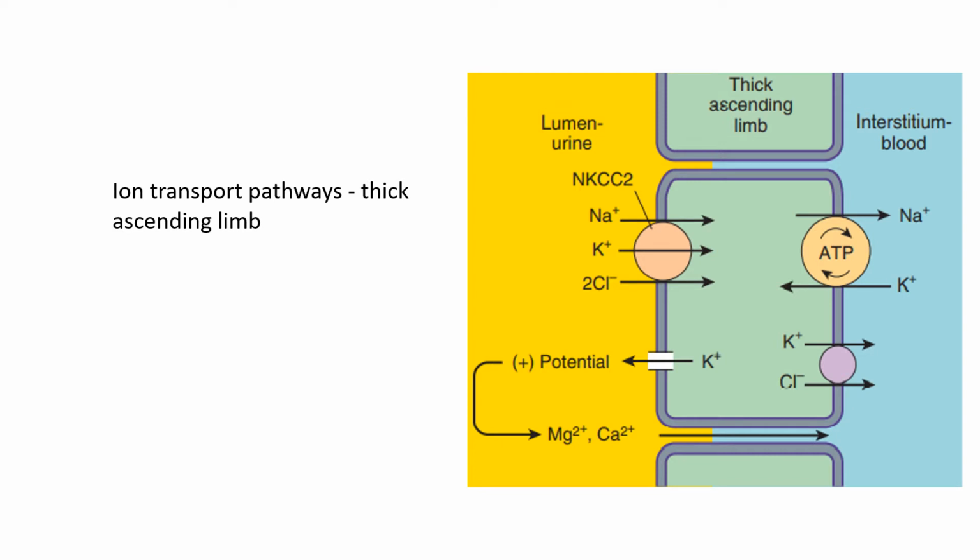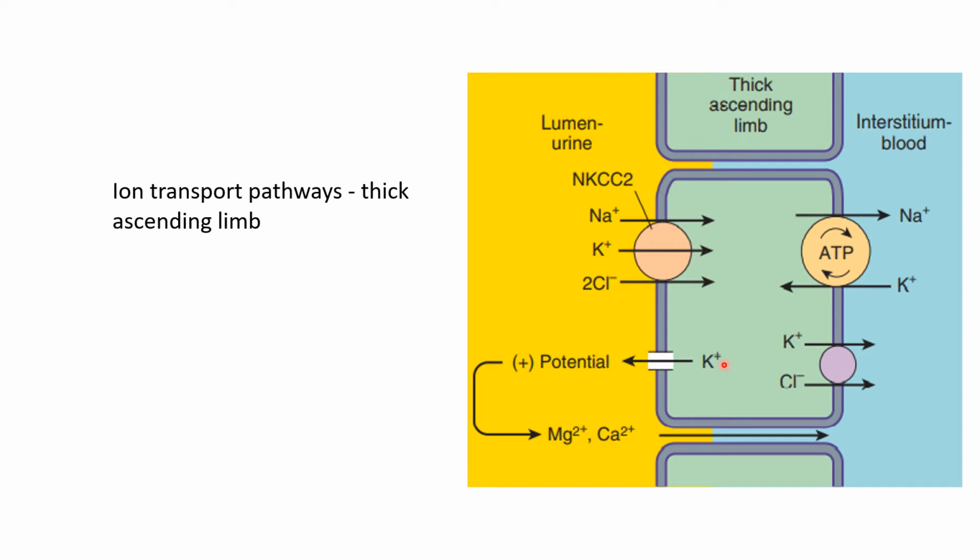This is the ion transport pathway in the thick ascending limb. We have the sodium potassium 2-chloride transporter in the luminal membrane, through which sodium, potassium and chloride reabsorption occurs. So here the potassium comes through this transporter and also through the sodium potassium ATPase, which is present in the basolateral membrane. So this excess potassium,